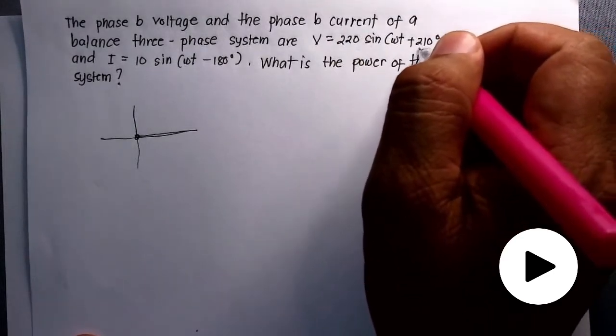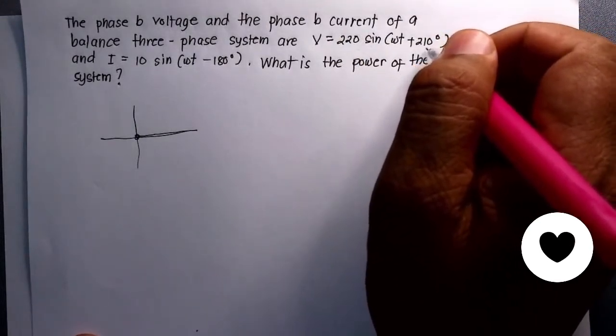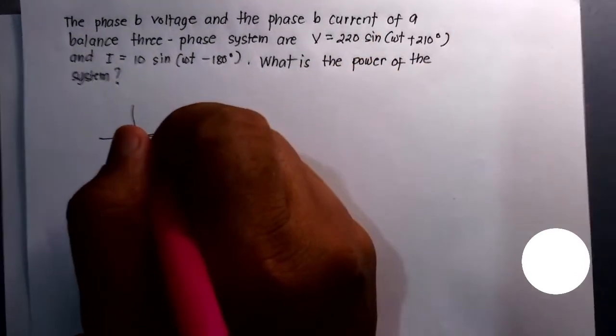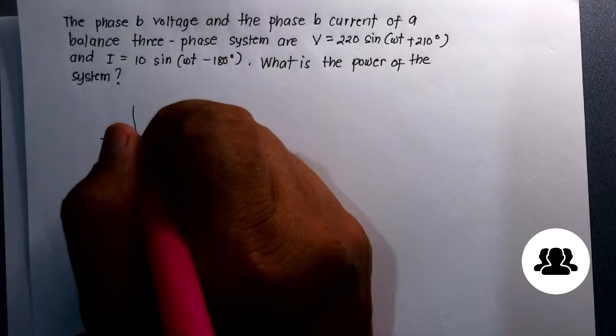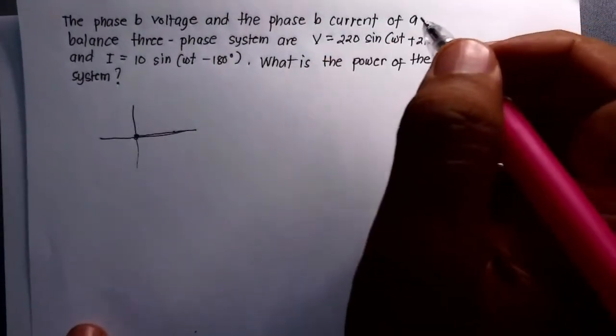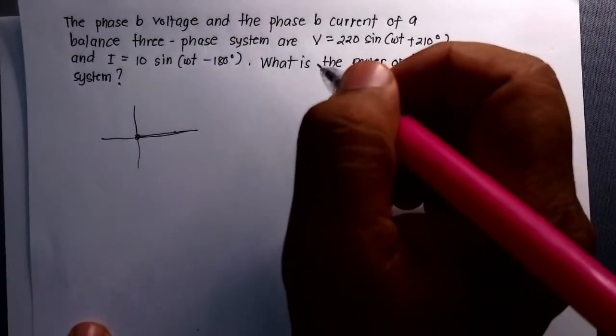So we take this angle from this point here in our positive x-axis, and rotating it